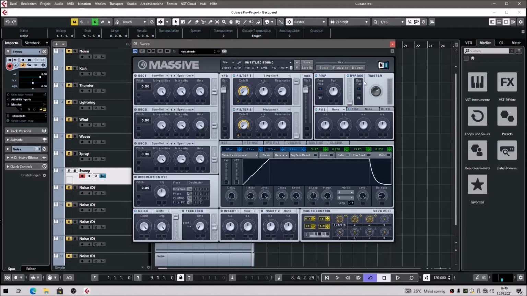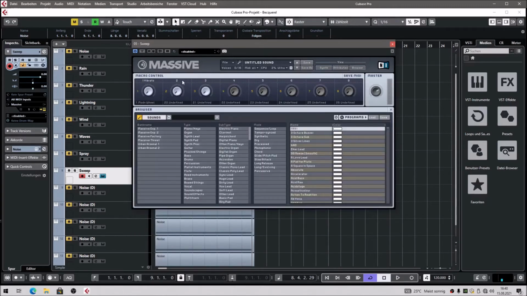Like so. Let's label those correctly. LP cutoff, HP cutoff, and